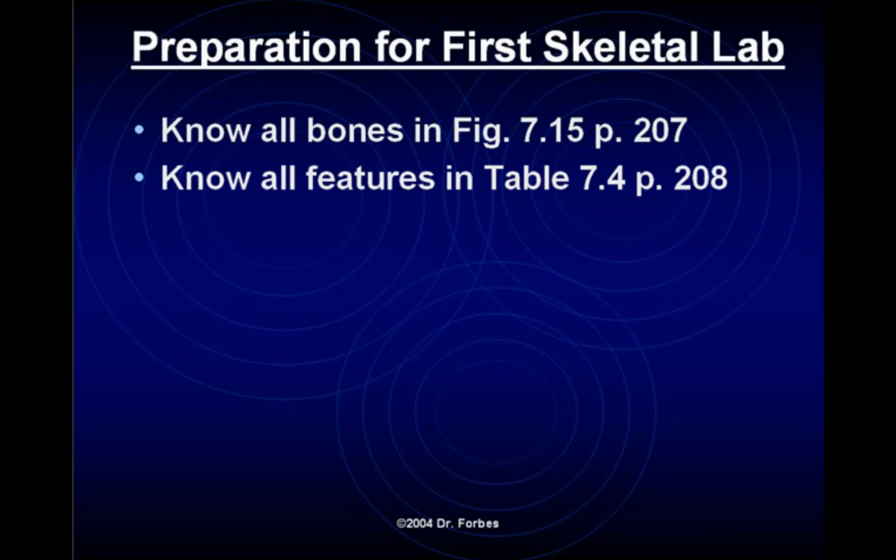You also want to make sure that you know all the bone features in table 7.4 on page 208. This introduces you to what's the difference between a fossa, a caruncle, a ridge, a foramen, a crest. What are those structures that we're going to use to describe different features of the bone? Because a lot of what we're doing in this lab is actually not just looking at the names of the major bones, but the features on those bones. Once again, what's a foramen, what's a fossa, what's a crest, what's a tubercle, what's a trochanter, what's a condyle. All those are features that you need to have knowledge of before you walk into class for our first lab